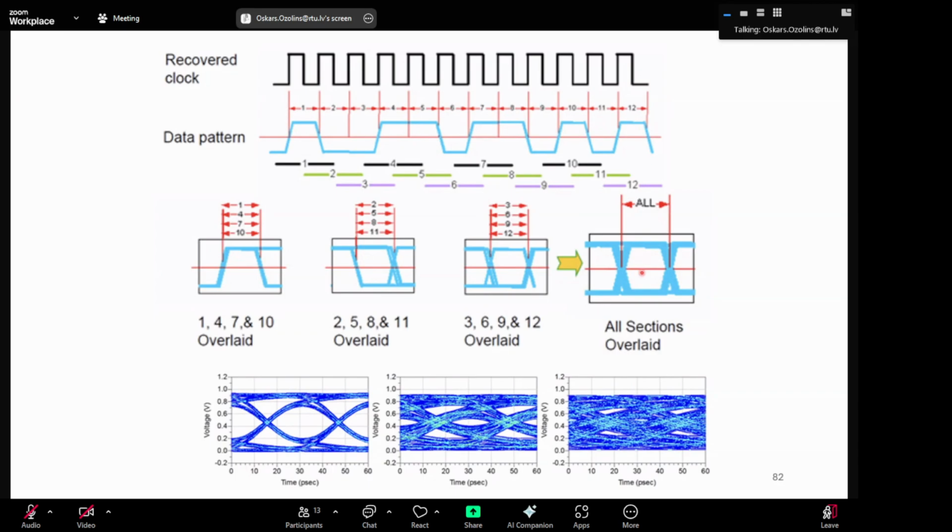Sometimes people show 4, 6, multiple eyes, because depending on how you overlay, you can also see the impact of different patterns which you use for testing. These are pseudo-random bit sequences, PRBS, and depending on the sequence, you can see what transitions exist and what combinations of zeros and ones exist in a